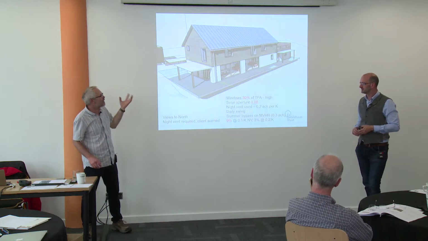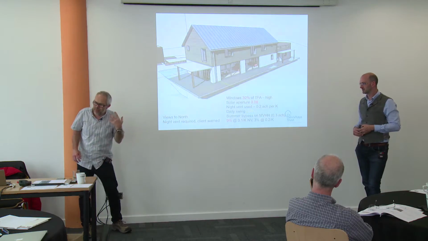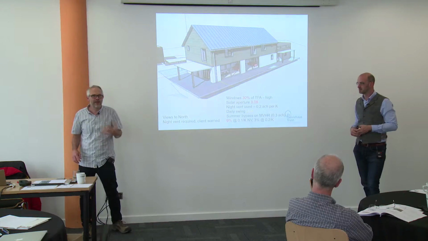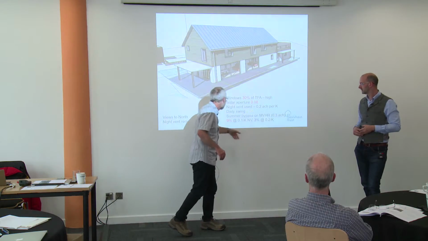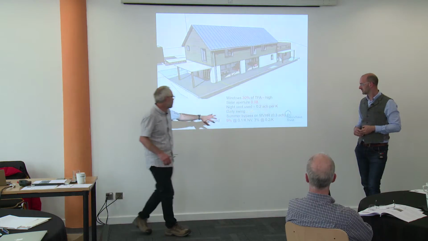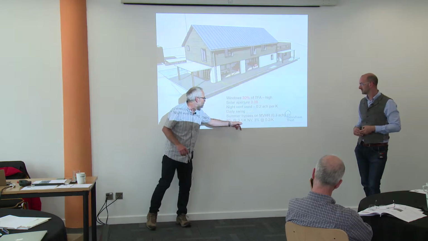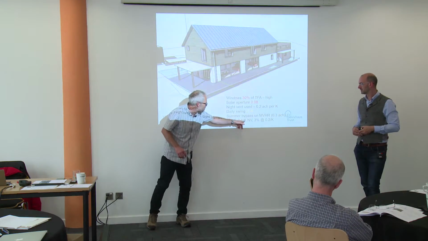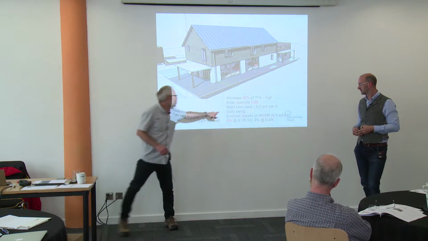So this is an example of having a discussion, whether we've been vigorous enough explaining it, but it does kind of work. So daily swing is okay, 2.5k. Summer bypass, we're taking a third of an air change, and we're getting 9% overheating. If we put 0.1 air changes per k, natural vent, that's wrong, then it should be 3%. But we're saying